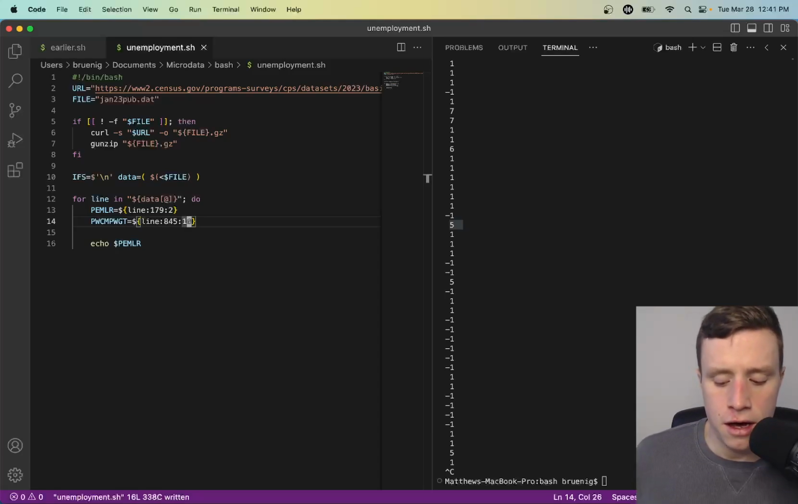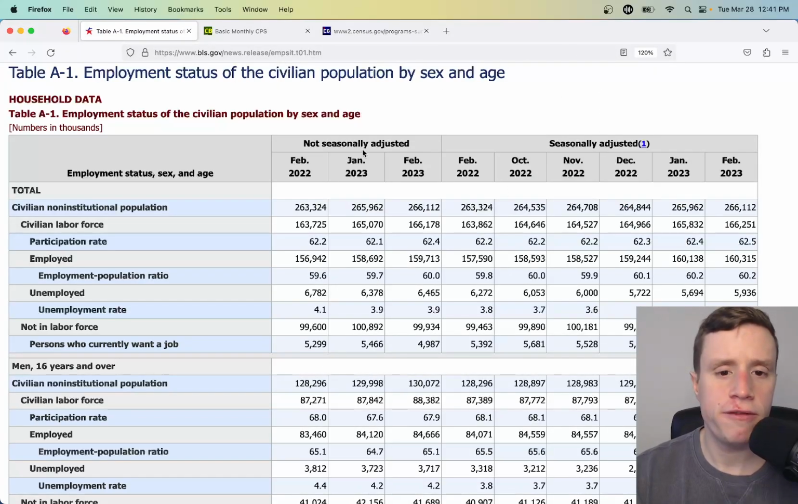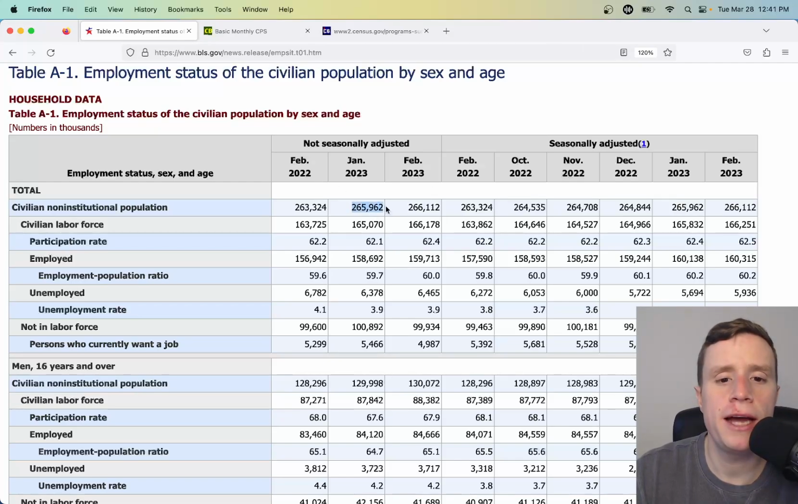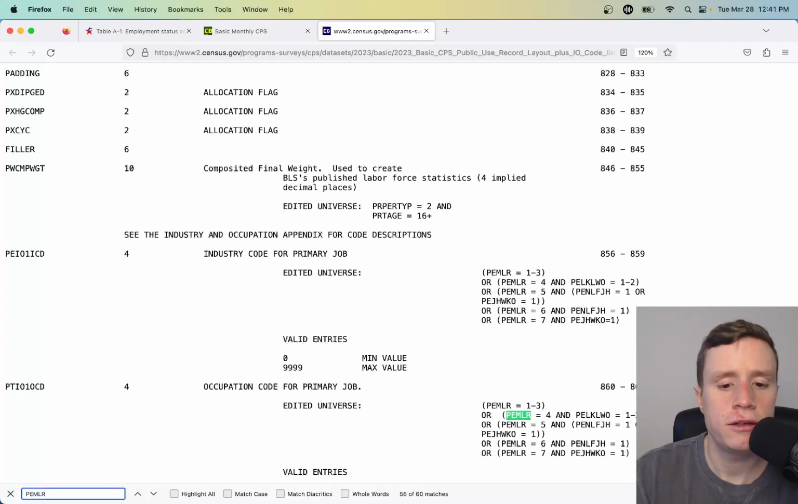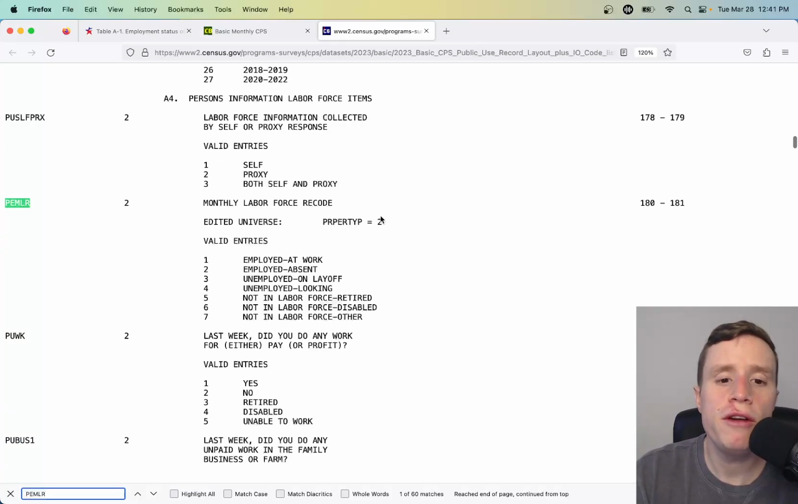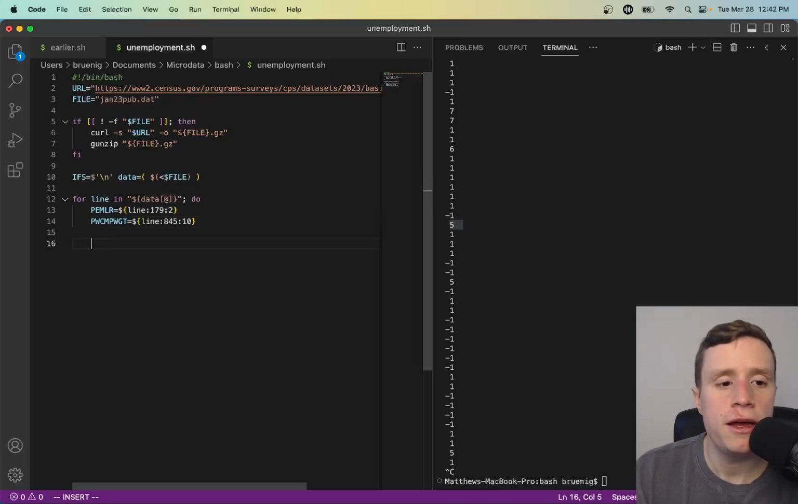Yeah, okay. All righty. So the first thing we want to do, let's match our first number here. So the first number we should match is this one, the civilian non-institutional population. Now remember, as I mentioned before, Pimler's universe is anybody who is an adult civilian non-institutionalized person. And if you're not in the universe, then you're going to get a -1 for Pimler. So what we can do is we can just say, look, if Pimler is not equal to -1,